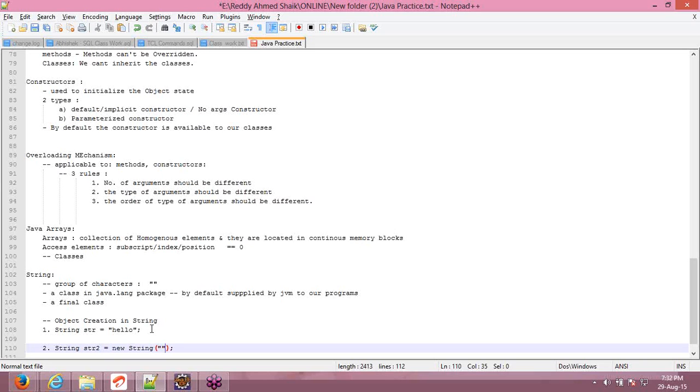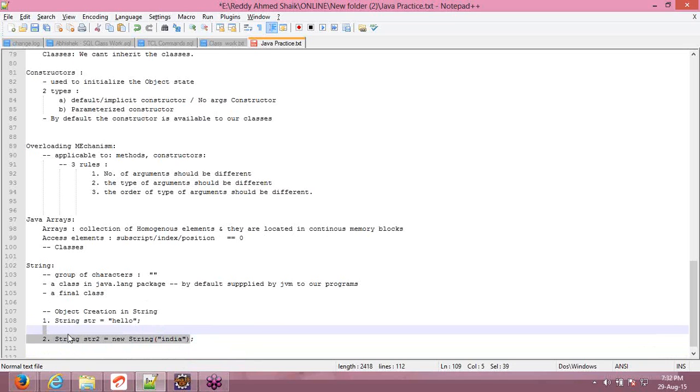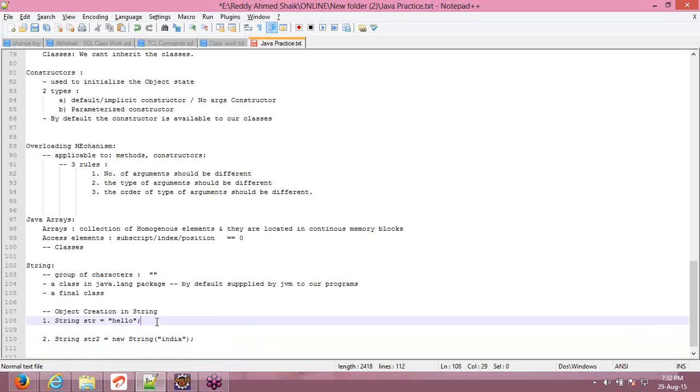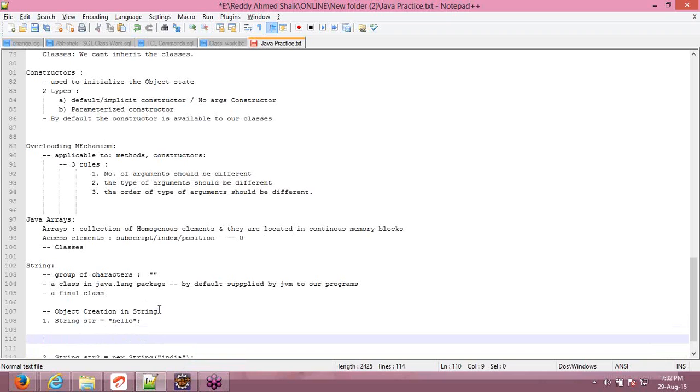And here I can pass an argument. So maybe "India". So these are the two ways we create string objects. There is a difference between creating an object with this style and the other style. So let me explain that. So with this, the first way, what happens is